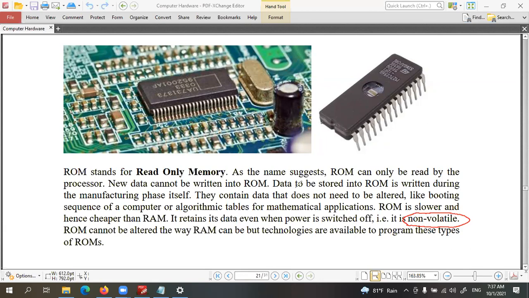It's a very small memory which keeps basic instructions. So when you power on the computer, the basic instructions will be given from the ROM to power on the computer and load the desktop. Until the computer gets loaded with the desktop, we can't use it, right? We control the computer using the desktop. So up to loading the desktop, the instructions will be handled by the ROM.